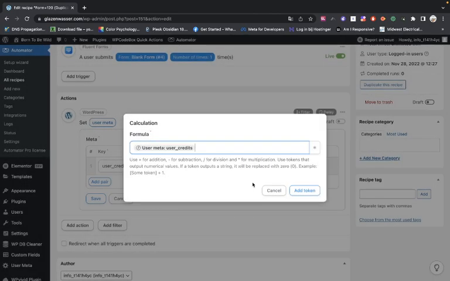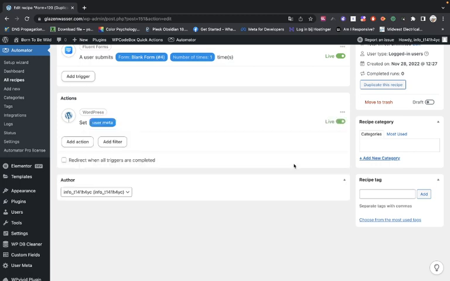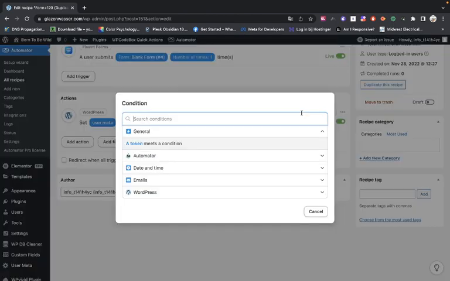Add the token, and then you can use the plus signs hundreds. Now you can also use a minus or something like that. You see it under here what you can do, but we just do the hundreds plus credits, and we use save the action. So we gotta save it, and then when we have done that, then we have to filter it out,